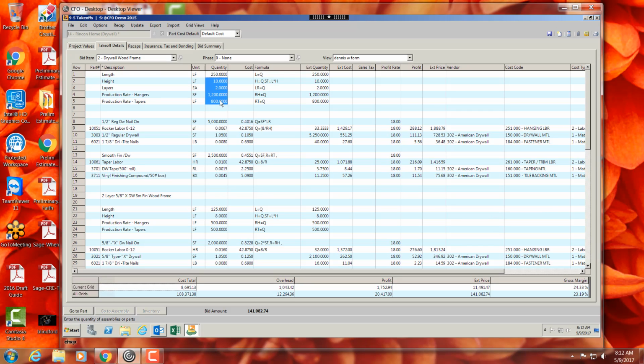is that I went in here and I dropped in from my plans the linear feet, the height of the wall, the layers I had to install, production rate for hangers and production rate for tapers. And then we use these formulas down below, and I'm not going to get into the complication part here. We're going to leave that alone. But basically,